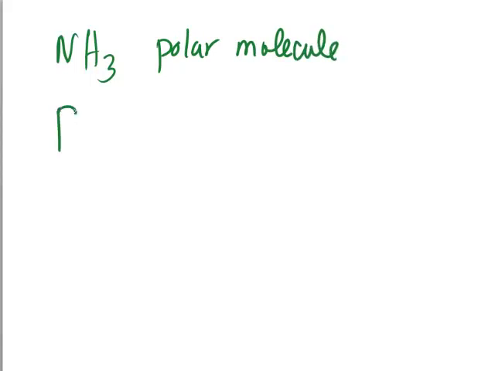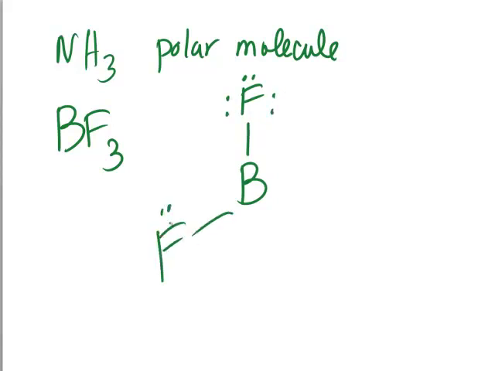Okay, what about BF3? Boron trifluoride. Boron has 3 valence electrons, and if you remember, it is one of the examples of an incomplete octet. It can form a molecule with 6 valence electrons. So BF3 looks like that. How many electron groups does this have? It actually only has 3 electron groups, and so it has a trigonal planar geometry with a 120 degree bond